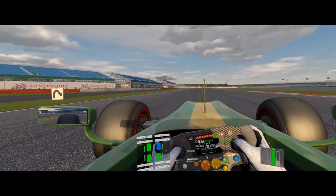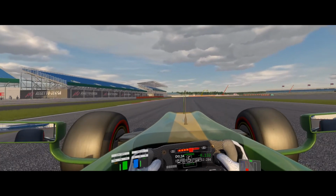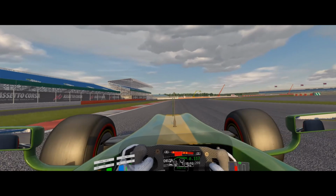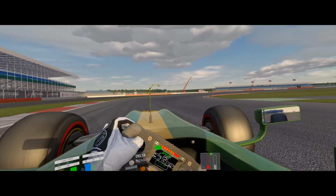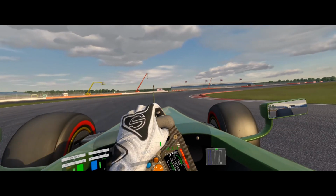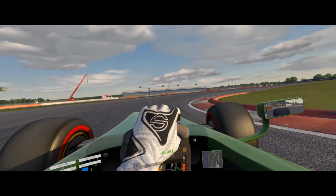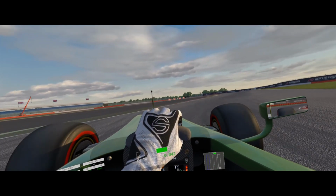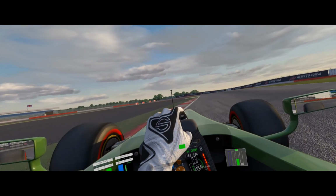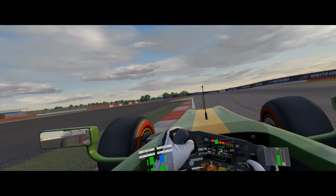So looking at turn 3, I'm in 4th gear when I should be in 5th. I'm losing a bit of time there. I kind of miss the apex a little bit on the corner. And also I'm a little bit wide on the exit of the corner. So with the telemetry of turn 3,